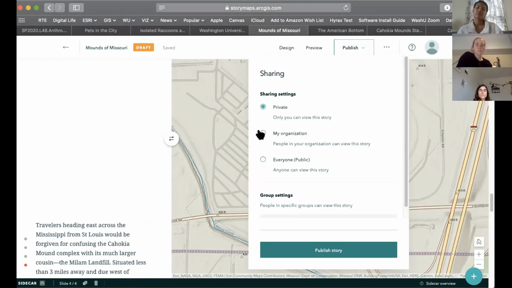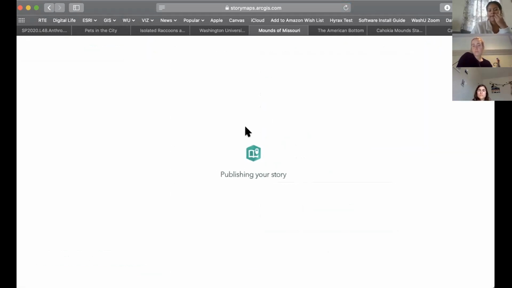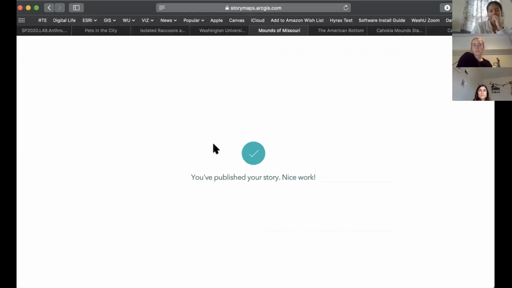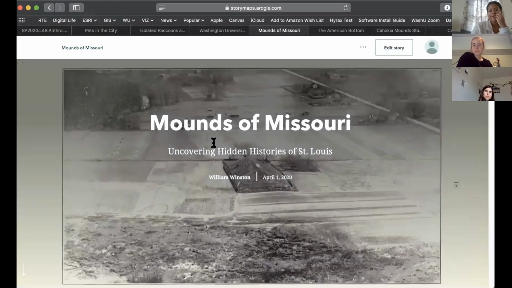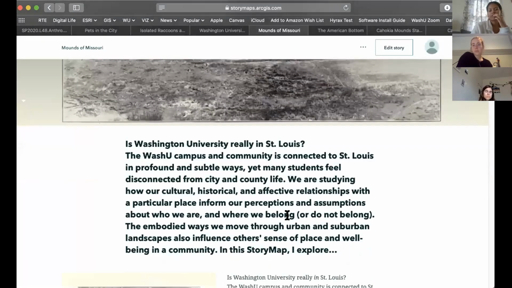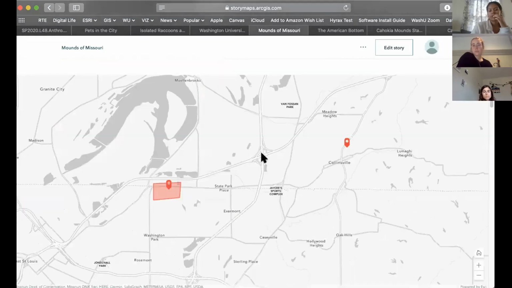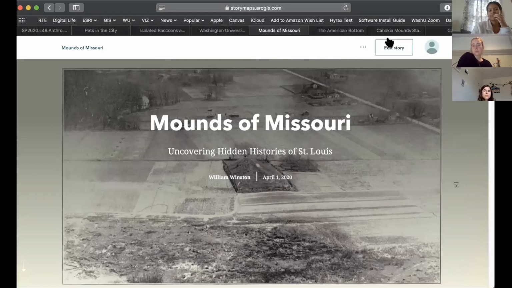For now, I'm going to share this with my organization, and this is the type of sharing you guys should apply when you're building your story map to turn into Andrea. You'll want to make sure it's shared with the organization, and that way she'll be able to view it and make comments upon it. But whatever you select here, just publish the story, and when you click this, the system goes through some checks to make sure the items are properly formatted. If you've added maps to the story map, then it makes sure that those are shared publicly. And if they're not, it will throw up a warning to let you know that you might need to address that. But now we've got it published, and if you go back up to the edit option,